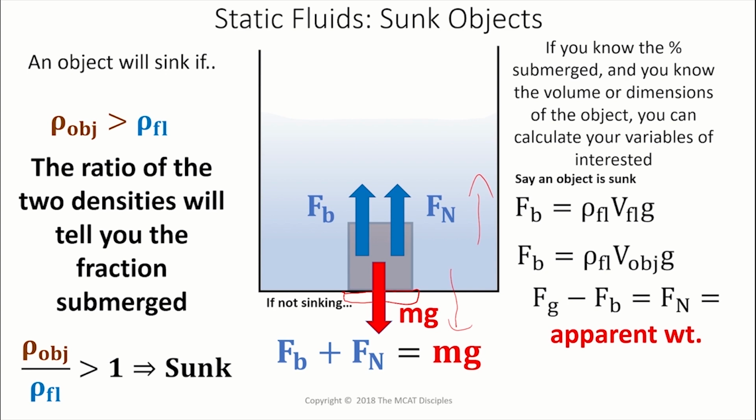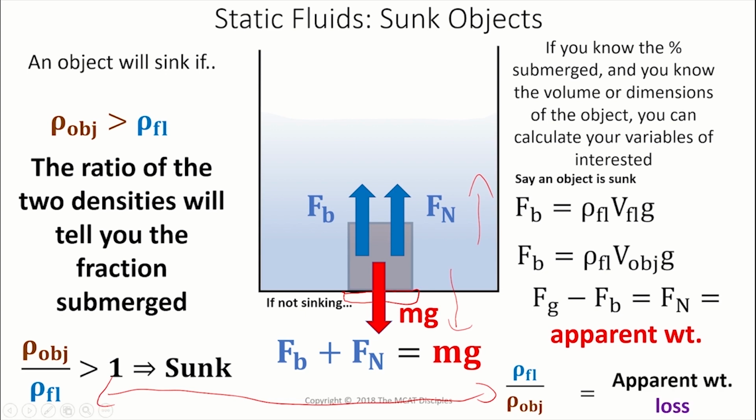Hopefully that makes sense. Then finally, you can say that the density of the fluid over the density of the object, notice these two things are flip-flopped, is a shortcut that you can use to define the apparent weight loss. So how much weight was lost? Or the buoyant force, essentially, is what you're calculating there. So, that's that. Again, the way I remember this little shortcut here is I just remember that the fluid is on top when the object is sunken, or all the fluid is on top of the sunken object. But again, that's just like a shortcut to figure out a value that you're interested in.